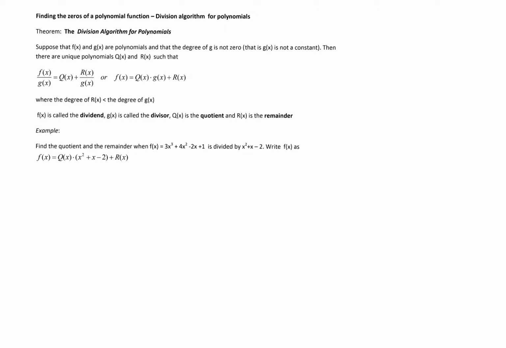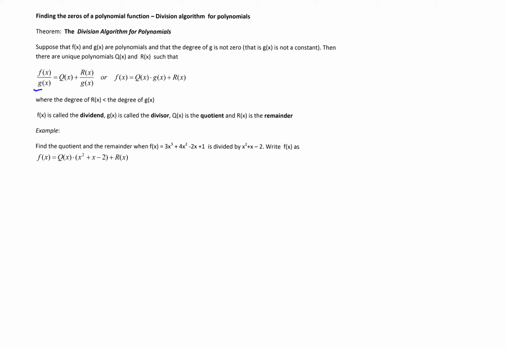We'll recall here the division algorithm for polynomials, which is simply the process of long division. We discussed this process in detail in lesson 7. The theorem says that if f and g are polynomials and the degree of g is not 0, that means that g of x is not a constant, then there are unique polynomials q of x and r of x such that